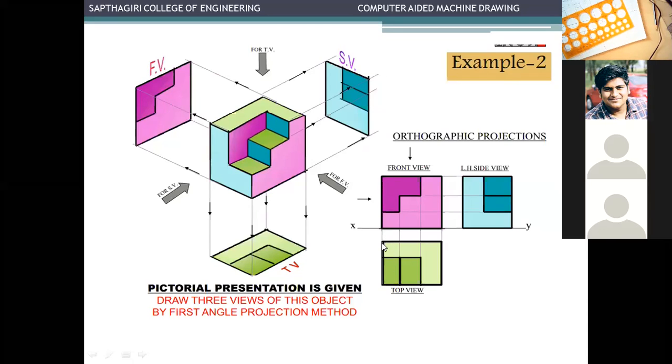Draw a projection line from here towards the horizontal plane, and then start drawing the top view here accordingly and complete it here. So that means the projection lines, remember projections of points. In projection of points, we discussed that if A dash is here, A will be here. If B dash is here, B will be here. That means this corner and this corner should lie on the same line.